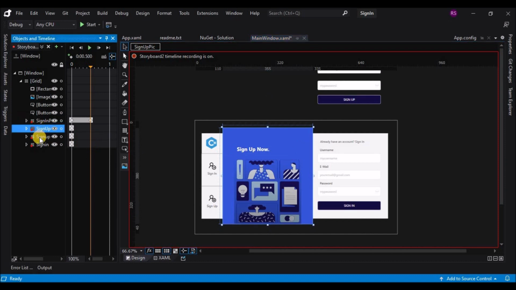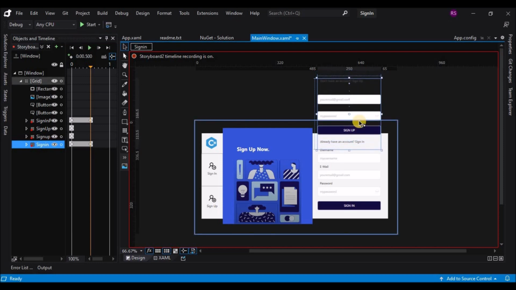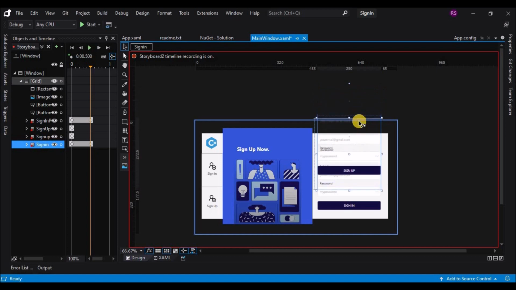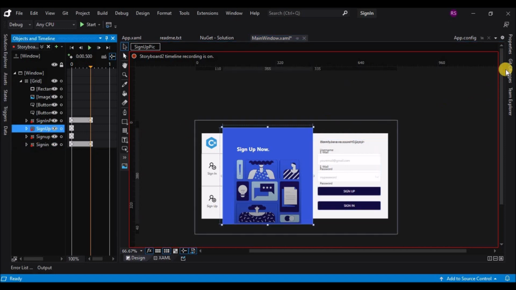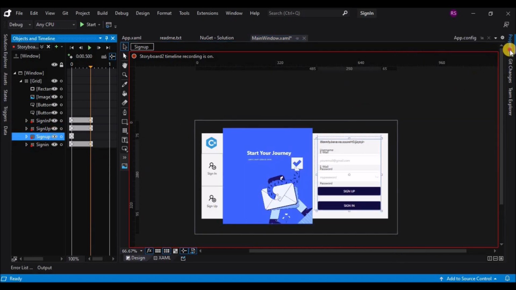If you are not following my words, then I think you can pause the video or make the video playback slower and follow the mouse cursor. So I have moved the sign in controls inside the form on the second keyframe, that is the 0.5 keyframe, and I will make the sign up controls hidden on the 0.5 keyframe.